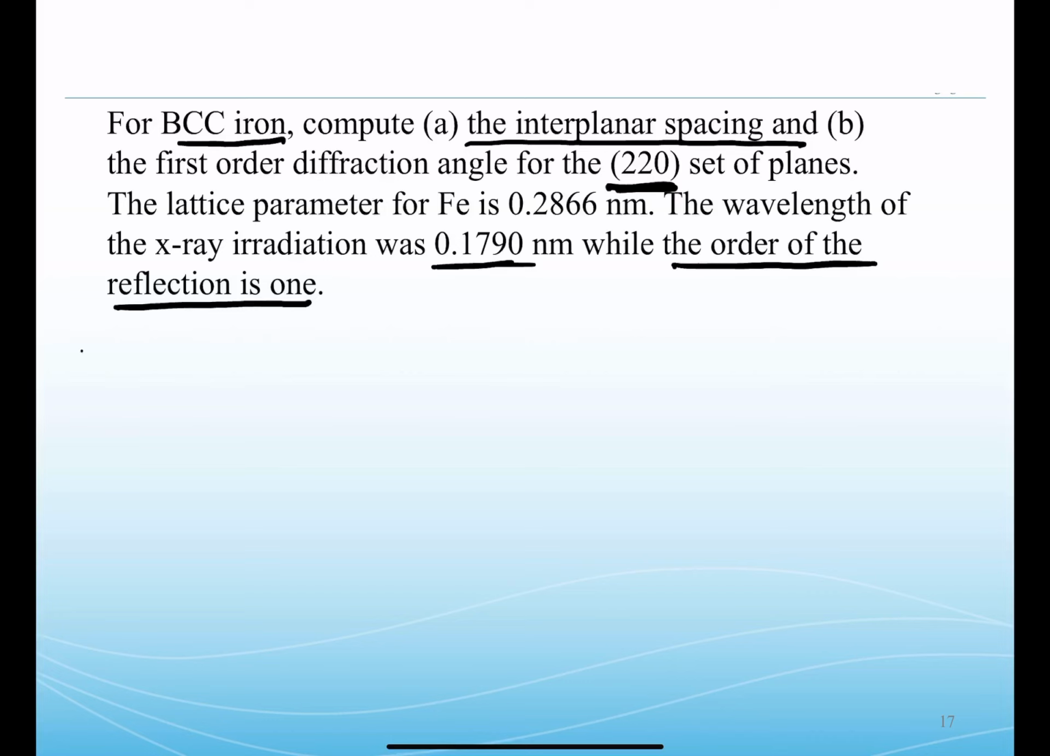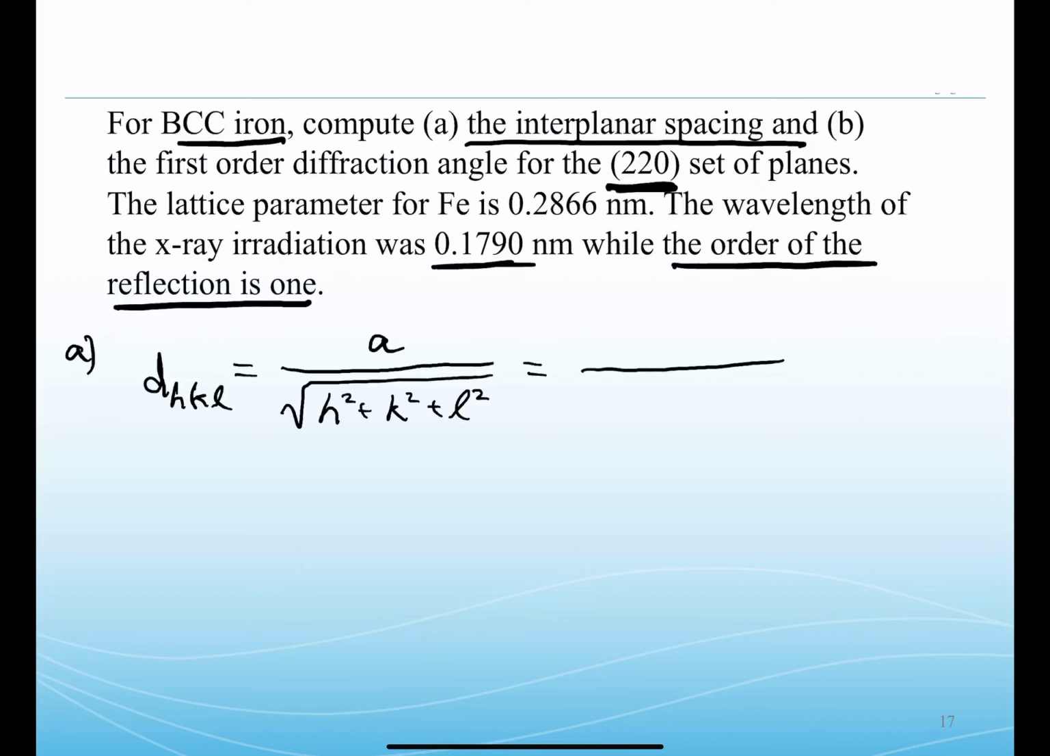Okay, so in order to address part A, we need to calculate the interplanar spacing. So our equation for that was d_hkl is a function of the lattice parameter a divided through by the square root of h squared plus k squared plus l squared. Okay, so for this question, our numerator is 0.2866 nanometers, and the denominator is going to be the square root of 2 squared plus 2 squared plus 0 squared. And so our denominator will be the square root of 4 plus 4. So root 8, and then our same numerator,